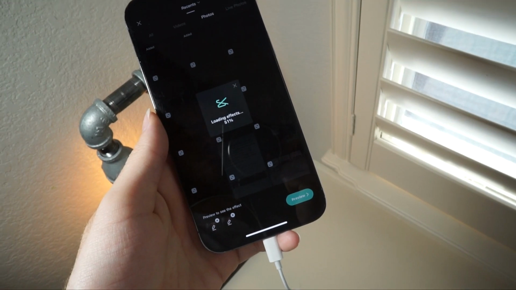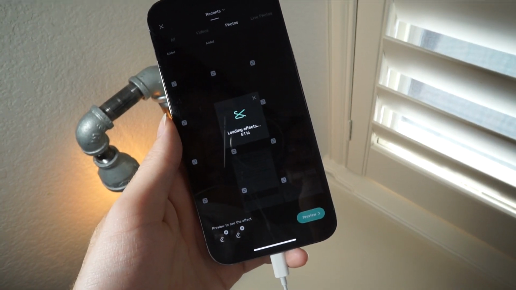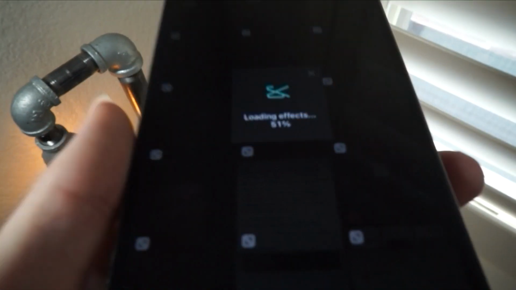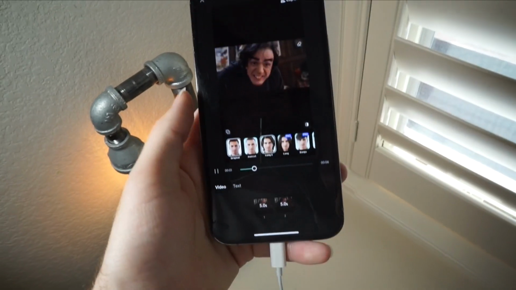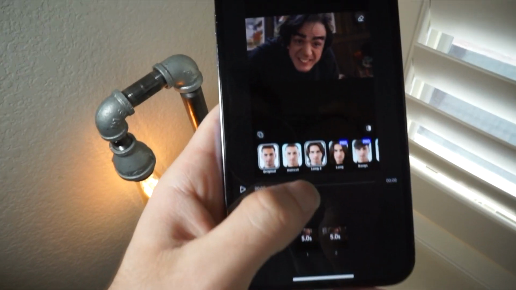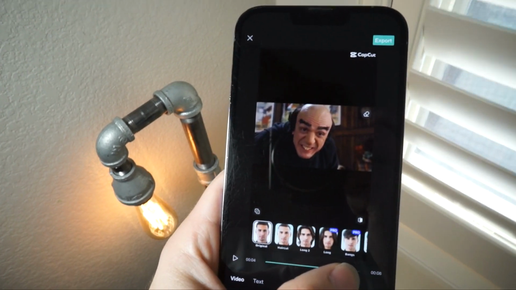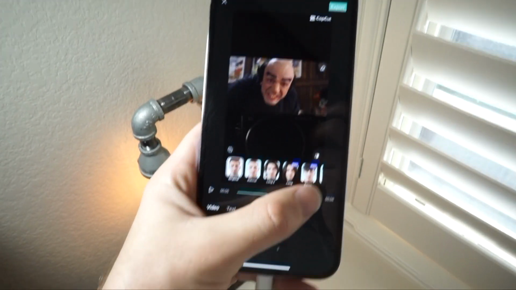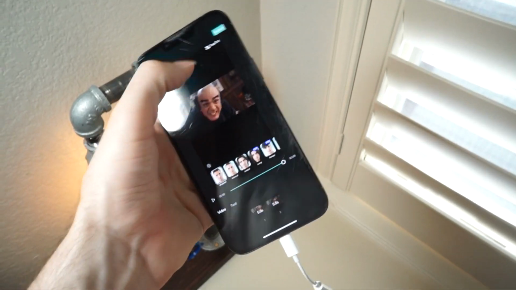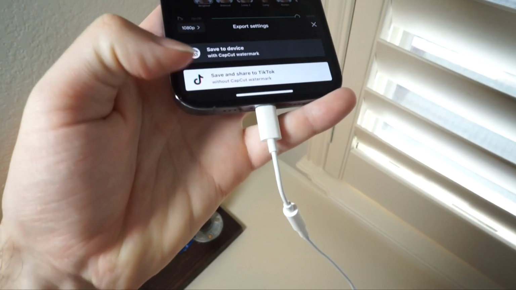Preview. It's loading right now. Depending on how many photos, that will be how long it takes to load. You can see as it scrolls, there's hair, no hair, hair, no hair. Pretty cool. So you can go ahead and click on export, and you can save and